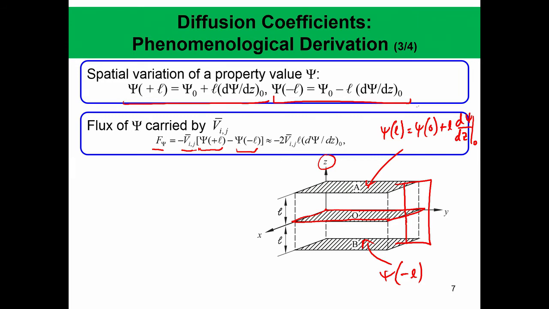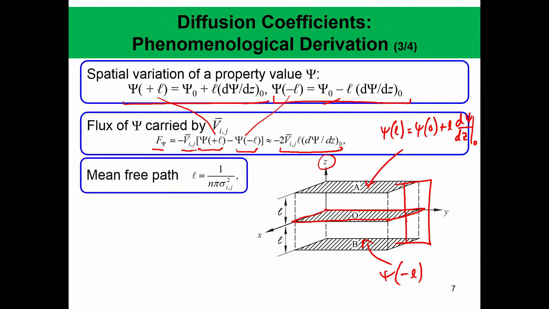Then we can substitute this from this and this from this, and we can write here minus 2 Vij times L, where L is the distance between these two planes, times d xi dz at plane 0. Now what is L? If you remember, we assumed that the exchange happens within one collision itself. Then what is the distance between collisions? That distance of one collision is of course the mean free path, that is the average distance, and that is given by 1 over number density times pi times sigma ij square. Sigma ij once again is the diameter of the